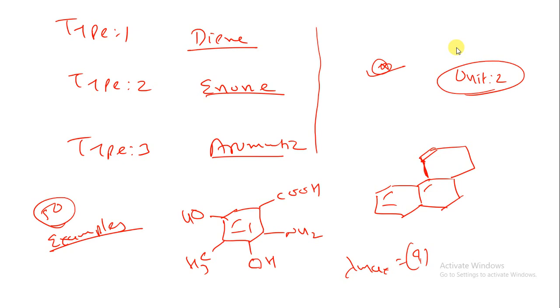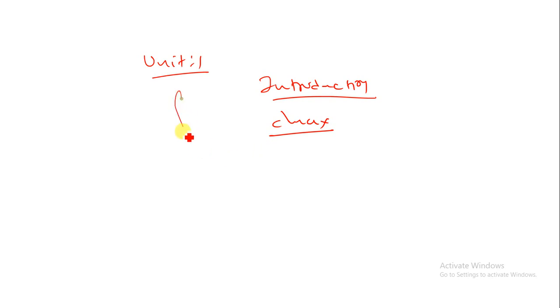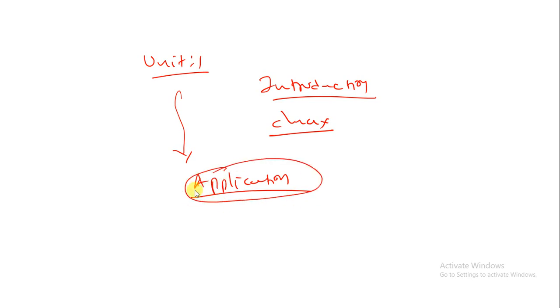Now in your unit number 1, what I have taught you is the introduction part. Then the lambda maximum, bathochromic, hypsochromic, hyperchromic and hypochromic shifts, n to sigma star, n to pi star, pi to pi star, sigma to sigma star, chromophore, auxochrome and all that. We have also seen UV instrumentation. Now in unit number 1 we have only the application part of UV spectroscopy left. Then we will complete unit number 1 and unit number 2.